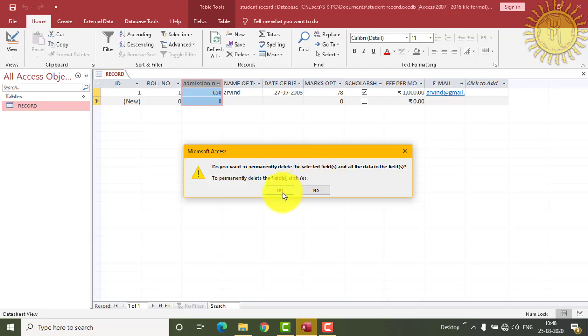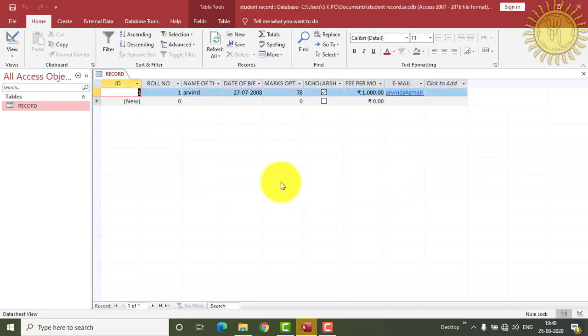Yes, I want to permanently delete this field, and we will click on this yes button. So you can see from here also it is deleted. So in both the place, in design view and in the data sheet view, you can delete the field and also insert the new field. Okay.